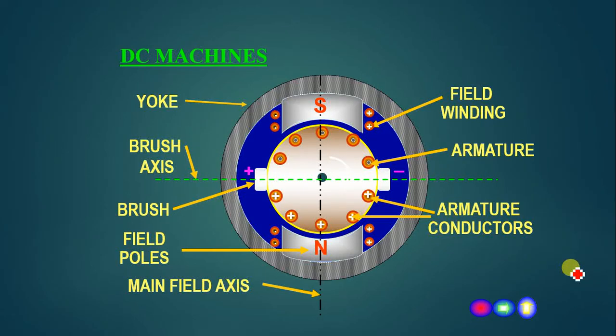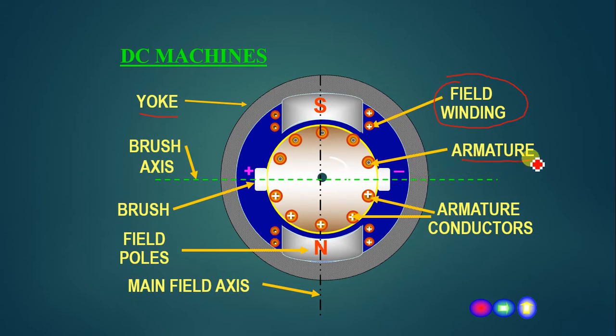The parts of a DC machine, construction wise: it will have one peripheral part called the yoke, and it will have a winding. In order to get the magnetic field, there are windings called field windings. Here, for your understanding, only two windings were shown, but in reality there are multiple windings like this. And you have a rotating component called the armature.